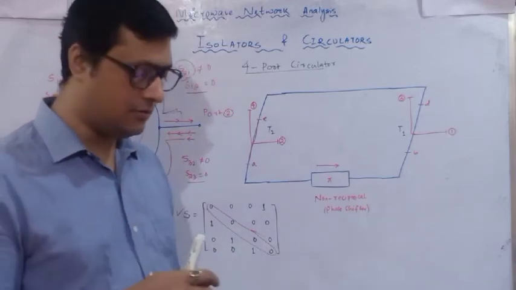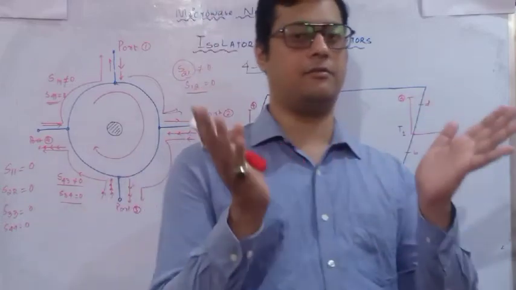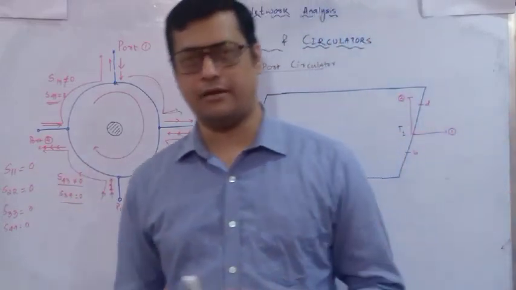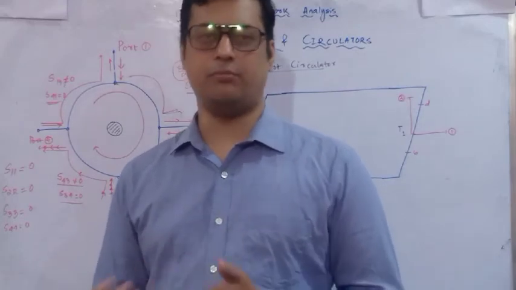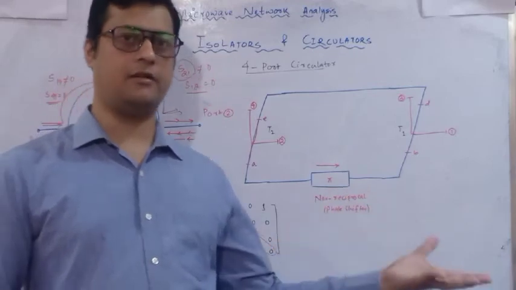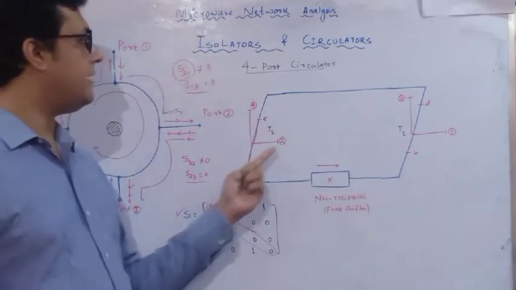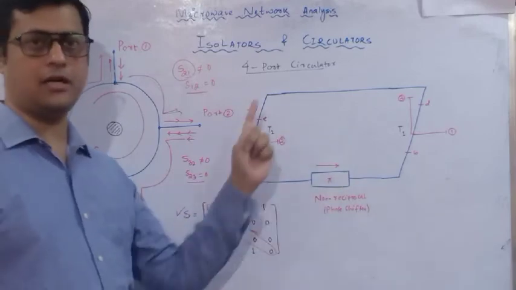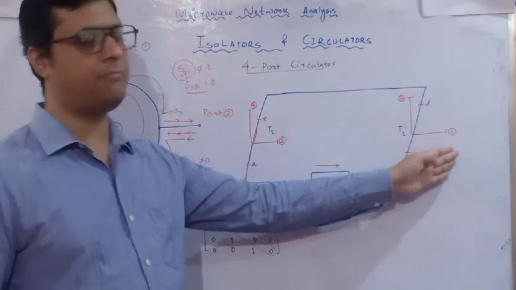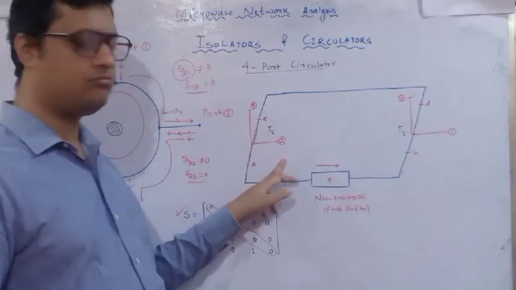In magic tee also we have seen what is the application of magic tee. It will provide a unidirectional path from port 1, port 2, port 3 and port 4. We have seen the arrangement when it works as a duplexer, when it works as impedance matching, and also in terms of radar. So this is the basic arrangement for forming a circulator. Circulator itself indicates that if you provide the power at port 1, you should get the output at port 2, alternately.